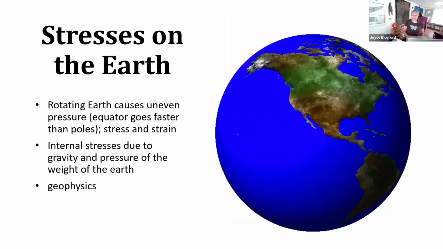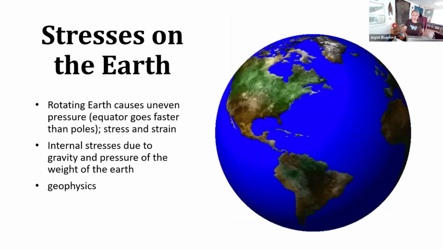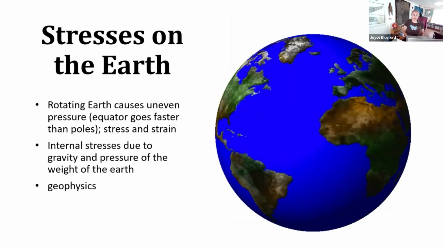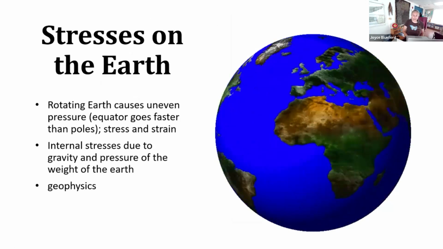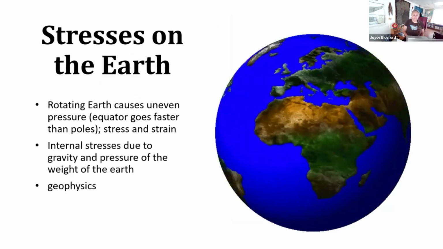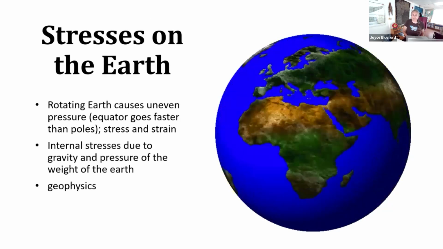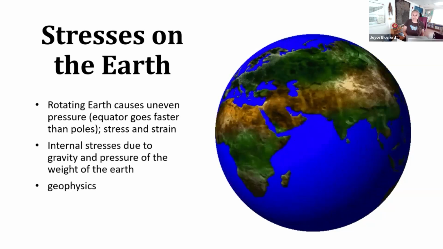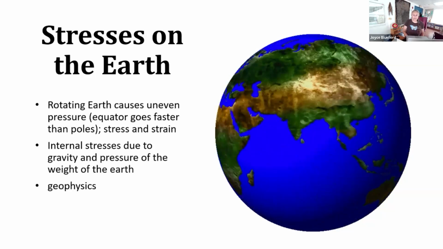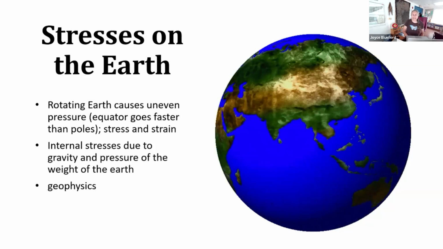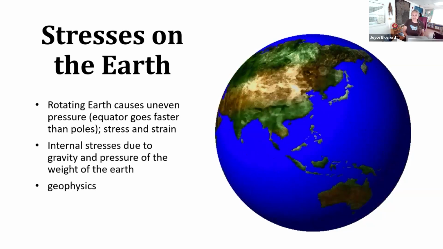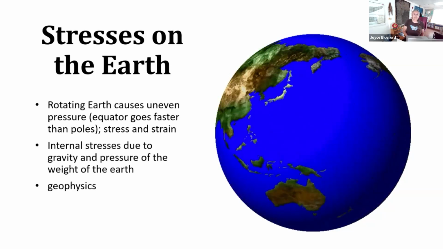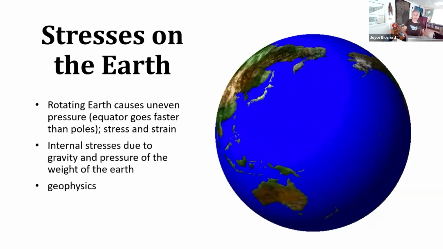how earthquakes actually form and why our Earth is full of these earthquakes. Basically, it's because we have stresses on our Earth. We have the rotation of the Earth like this that's occurring at the equator. It goes much, much faster. It goes about 1,000 miles per hour versus at the poles, it's almost going to 0 miles an hour. And that causes stress on this very, very thin layer that we call the lithosphere. And that lithosphere, and I'll show you a picture about it in a minute, is the depth of the plate